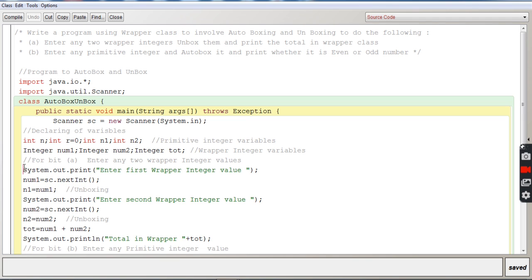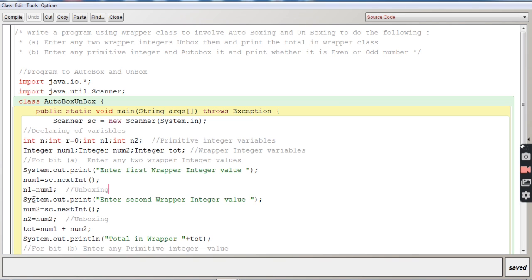So here it is asking you to enter the first wrapper integer value. Let us say the first wrapper integer value is 7. So 7 is entered over here, and num1 has been declared as Integer num1, you see. So that means it is a wrapper integer variable, and once you have given 7 to it, it has to be stored in a primitive variable. So that is called unboxing.